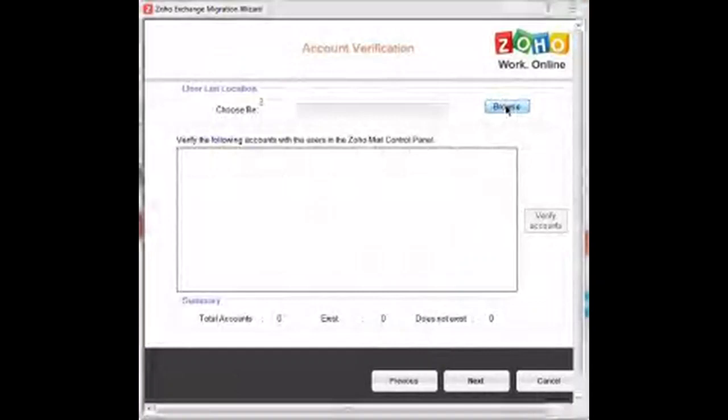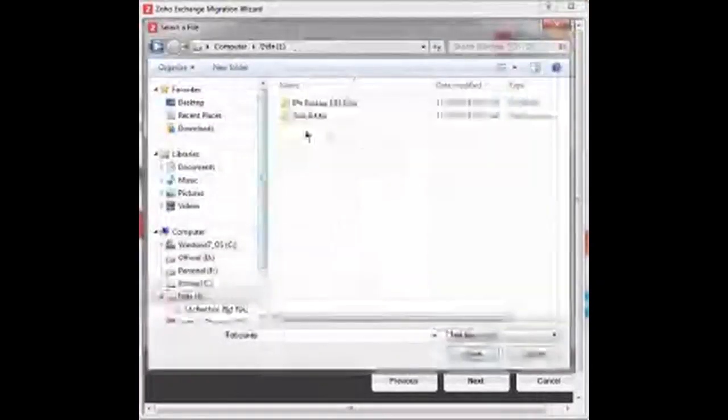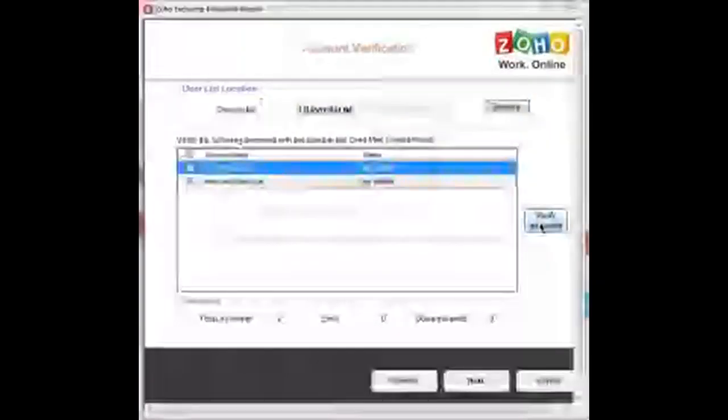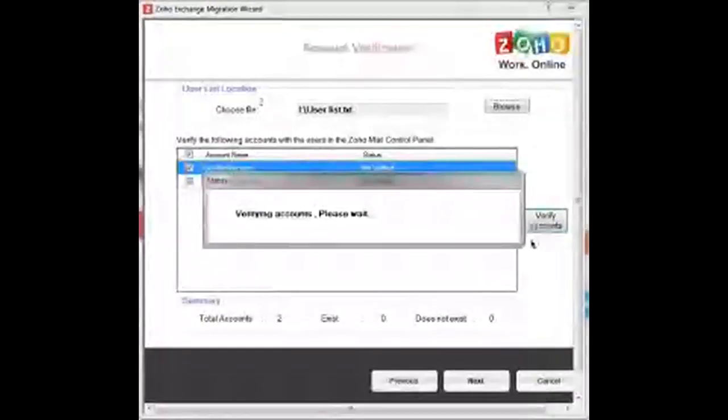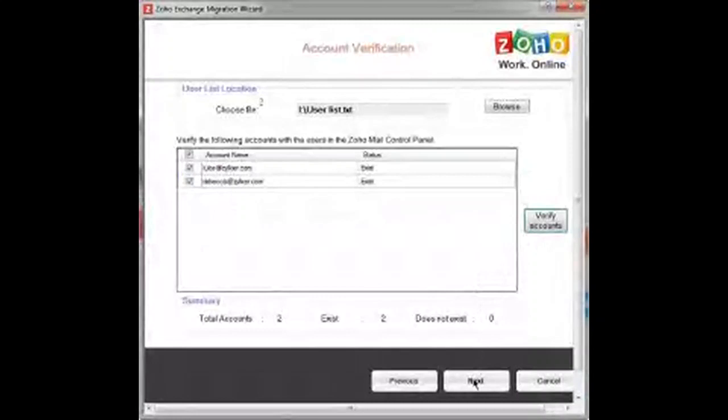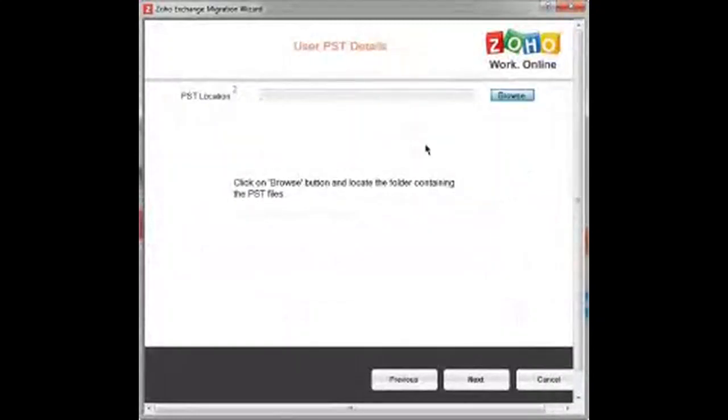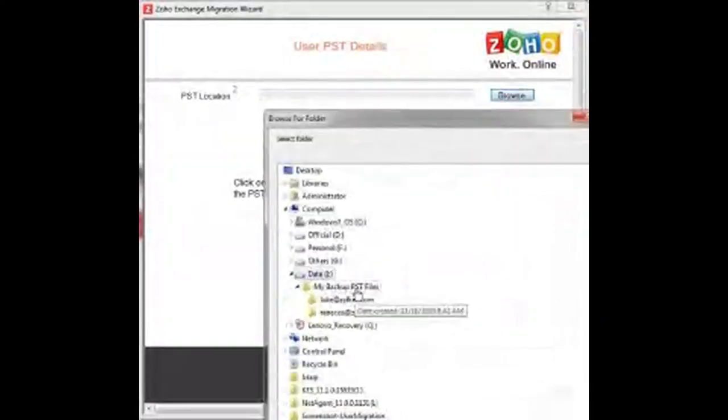I'm selecting PST. And what I'm doing right now is choosing the list of users that I would like to migrate. You can see here that I have selected 2 users who I had saved in this txt file. You're verifying the accounts and click on next. You can browse and select the location where the PST file is located.